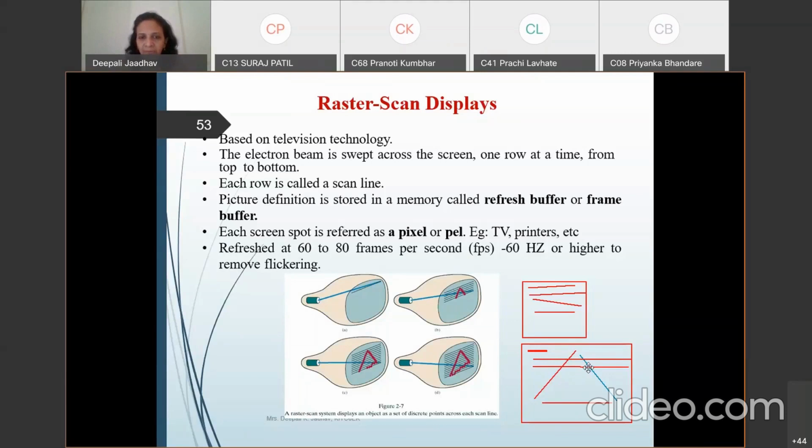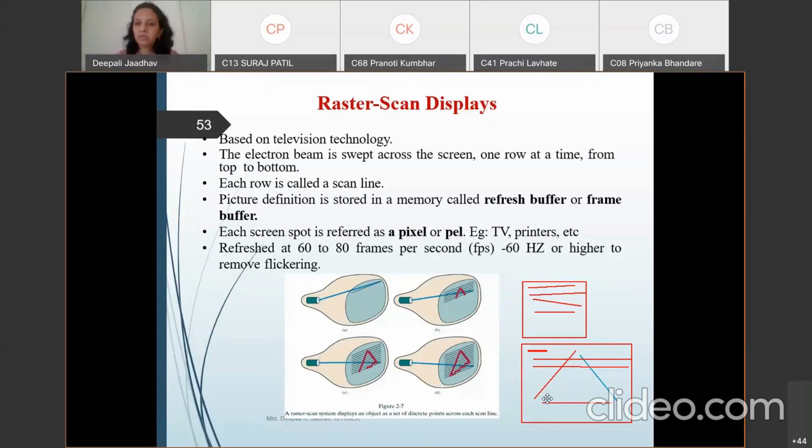And from where does it start to draw? It starts to draw from the first row, and row by row it draws the points, and the points are displayed on the screen. How it is displayed, we have seen previously. The electron gun generates a beam. That beam goes to the focusing system.